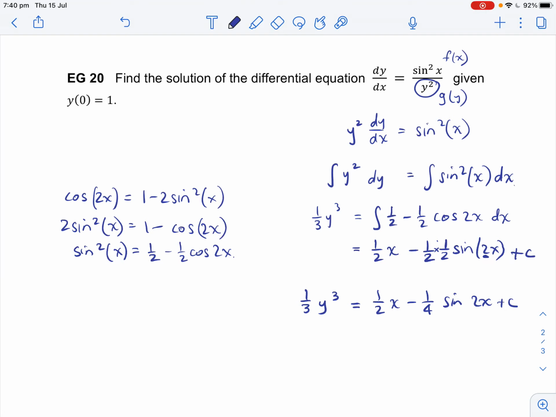Now we just need to find out the value of c, and we're given again the initial condition, when y is equal to 1, x equals 0. So that would give me 1/3 on the left hand side of the expression, and on the right hand side this will equal 0, and sine of 0 is also 0, so I get c equals 1/3. Okay, finish off my expression by putting my c back into my equation,